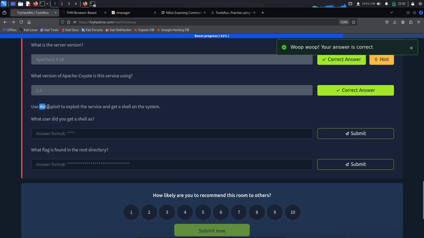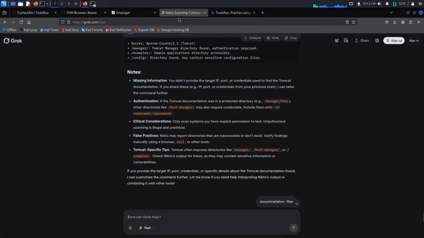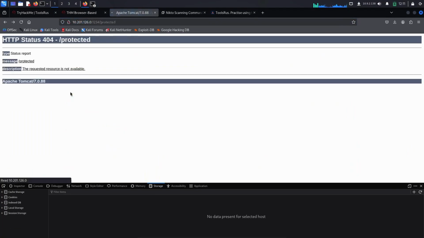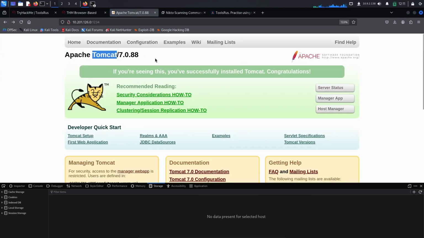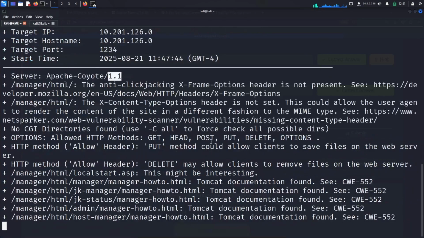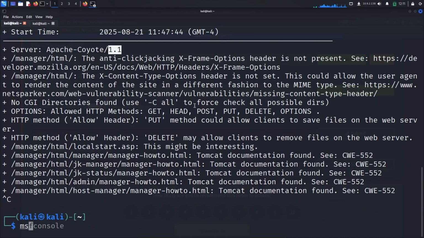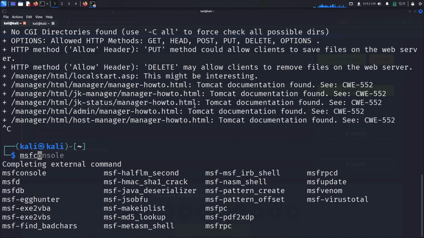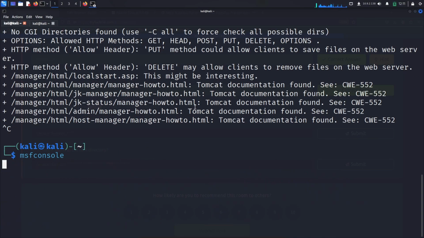The next question is to use Metasploit to exploit the service and get a shell on the system. As I mentioned in the beginning of this video, there is an Apache Tomcat here. So you just need to exploit this Tomcat service and get a shell on the system. So how can we do this? It's about Metasploit. Let me close this and start my Metasploit framework